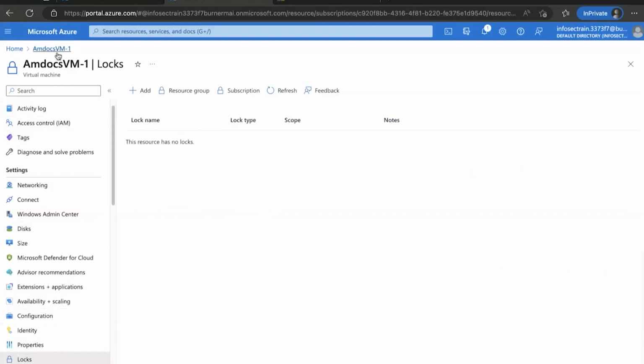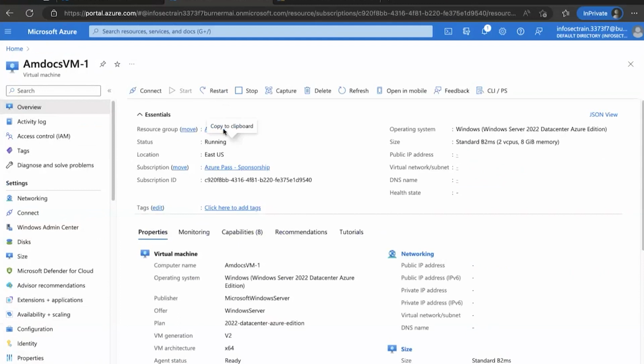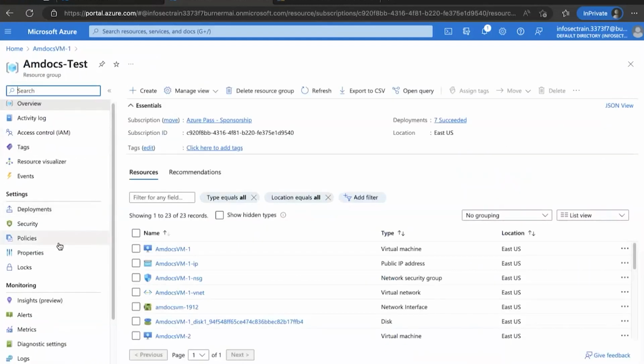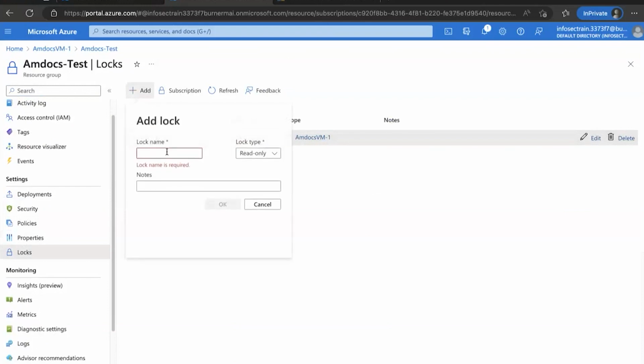Now at the resource group level, let me show you at the resource group level itself. From the overview page, go to the resource group now. At the resource group level, I will apply one more lock. So I can see all the locks inside my resource group from this level. You can read it here. What is the scope of this? The scope is only the virtual machine, one single virtual machine, for this lock. So I will add something like read only over here, make the type read only,